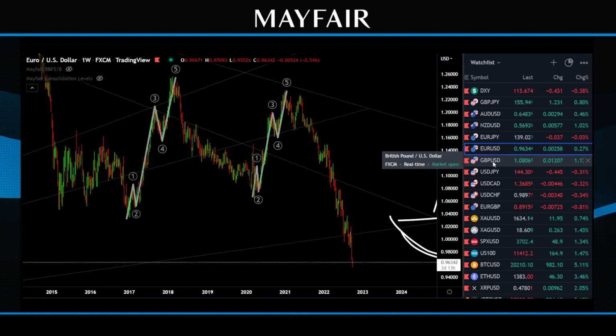We then have GBP USD. If I'm honest, the reason I don't like this one is again very similar to the Euro USD to start with. It is kind of an introductory pair. If you're new to trading forex, it's something a lot of brokers will have as a default chart. Normally MT4 will come with Euro USD, GBP USD, USD JPY, and sometimes it'll be USD CAD or USD Swissy.